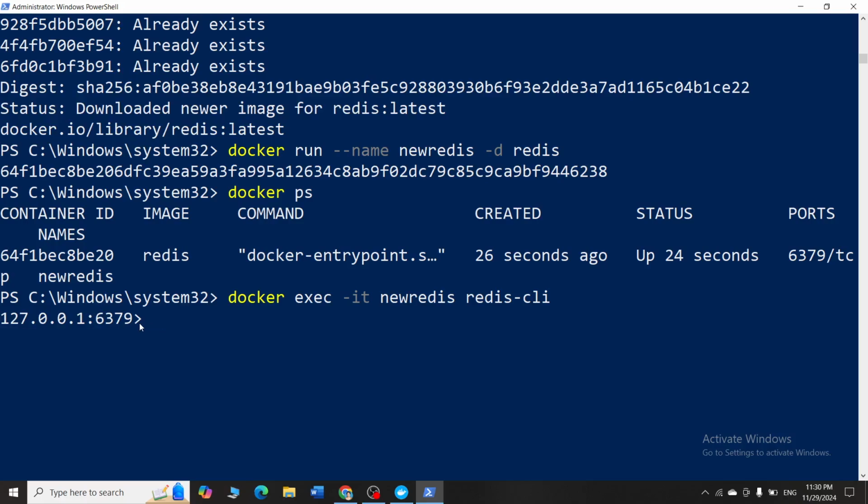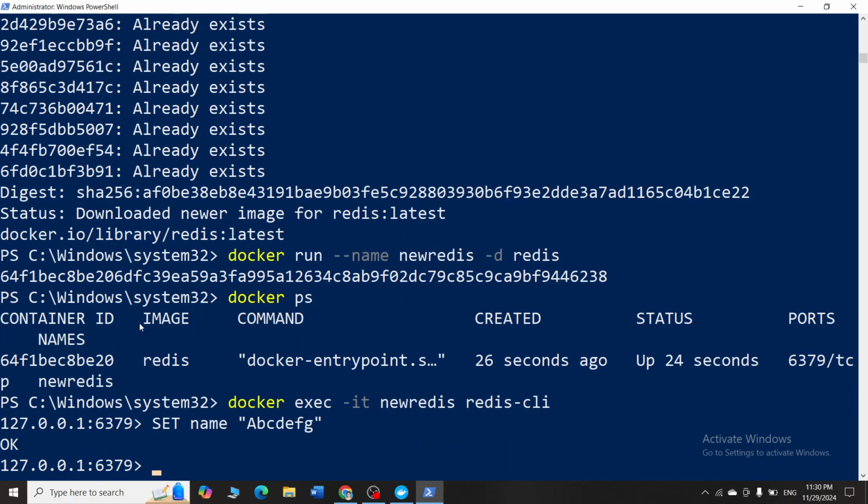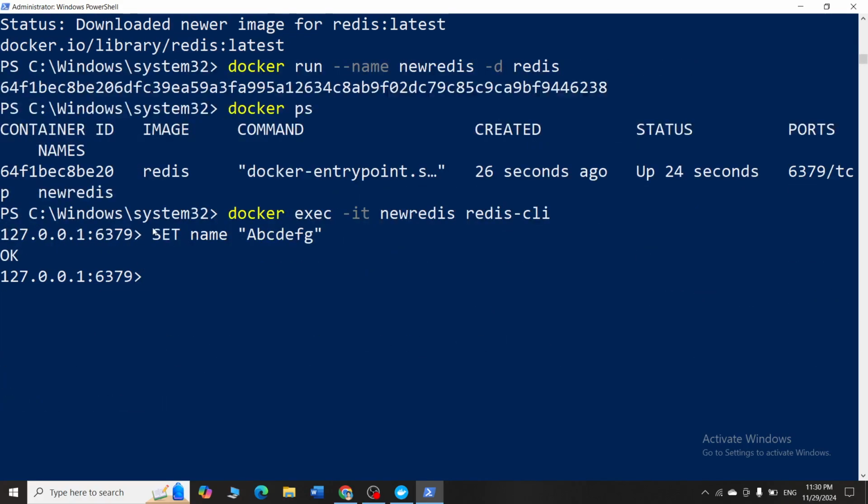Now here you can save the data, you can retrieve the data and all. So just like how in MySQL and all you have commands like create table name, in the same way in Redis also you have certain commands like set, get and all. Set is used to save the data, get is used to get the data. So let me use that. So I say set name and I give some name. Okay. So basically set is used to enter the data. So I am entering a name which is called ABCDEFG.